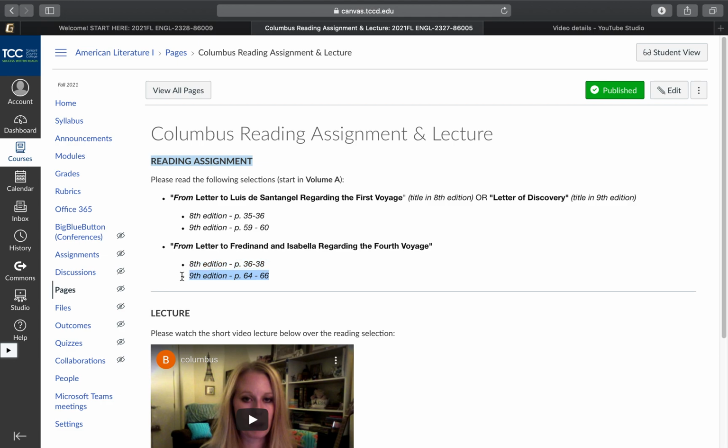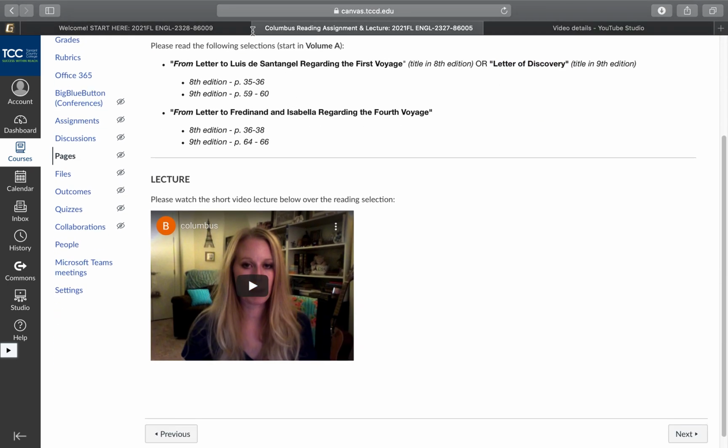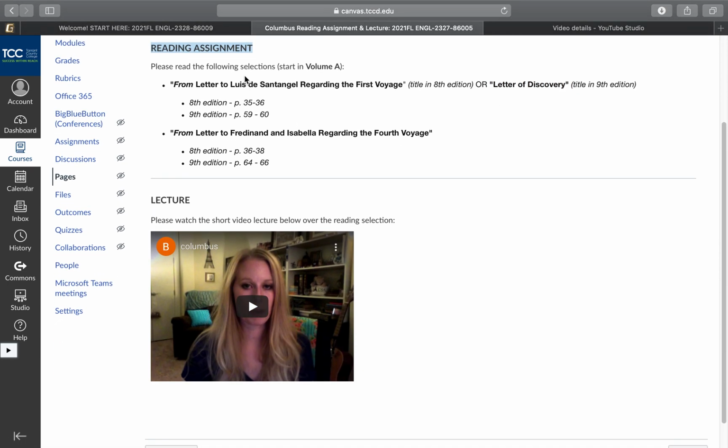If for some reason one is in one and not the other, then I have provided you like a PDF version or a scan of some kind. But you'll see, for example, this first letter is titled Letter from Lewis de Santiago regarding the first voyage. And then in the 9th edition, it's just titled Letter of Discovery. So I've given you all that information, and then after you complete the reading assignment,